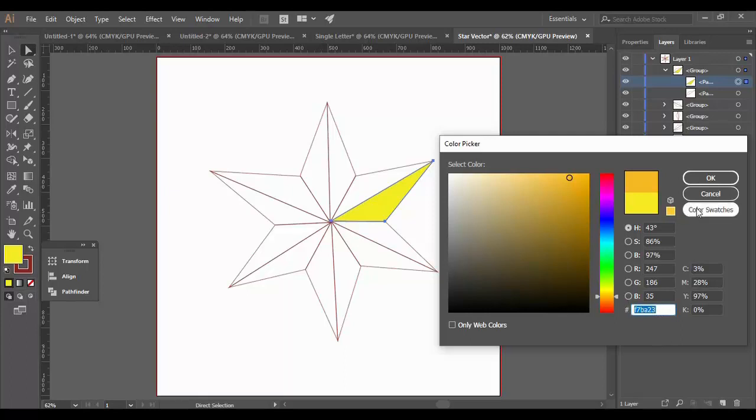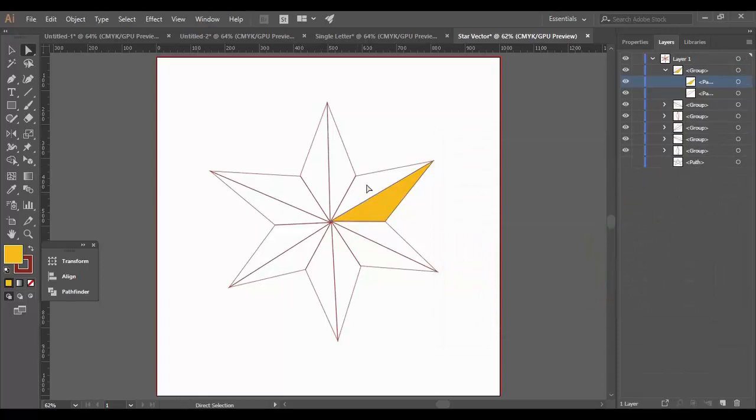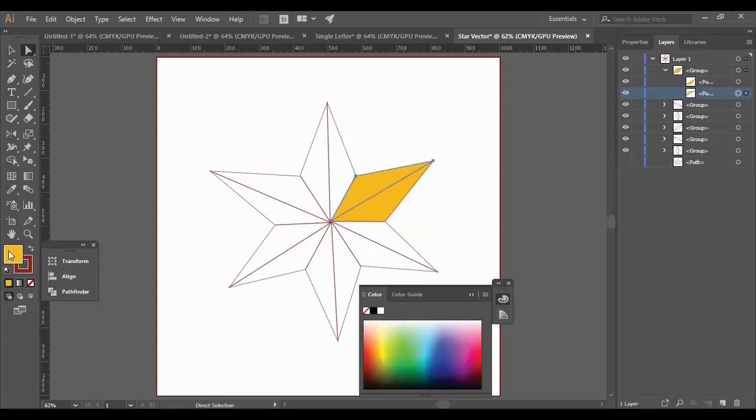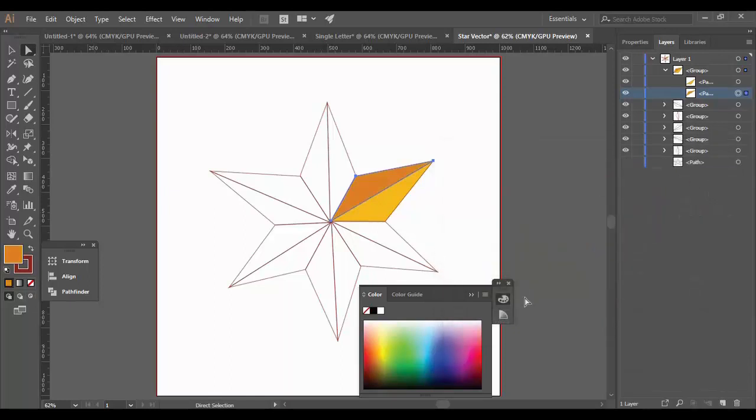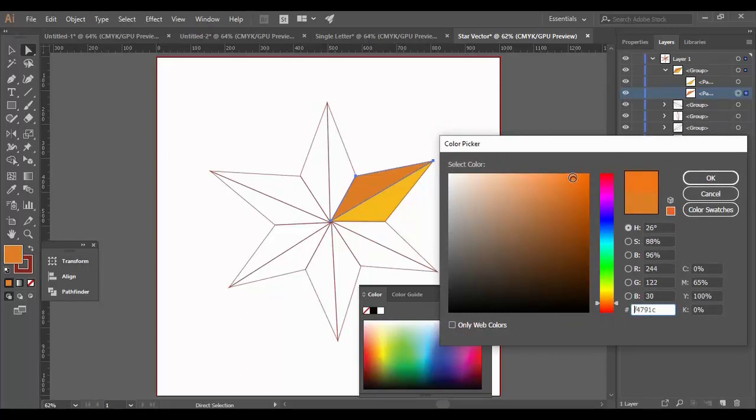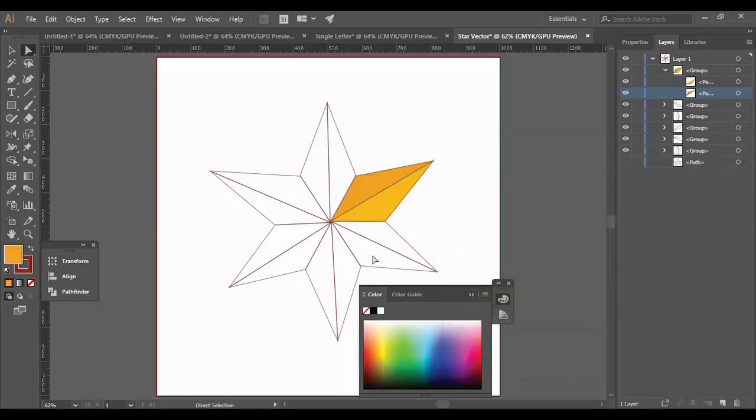So if you want, you can just copy it, press OK, and for the other half of this shape, we are going to just apply a different kind of a color, the same color, but you can just copy this, just paste this hexadecimal value of the previous color and just apply a darker shade of orange like this and press OK. That's too dark, so if you want, you can just choose a brighter orange. So these are the two shades that I have got, and that's exactly what we are going to do with